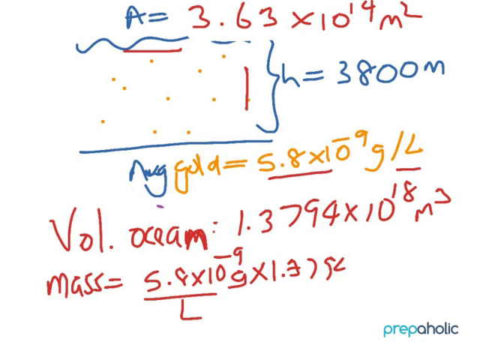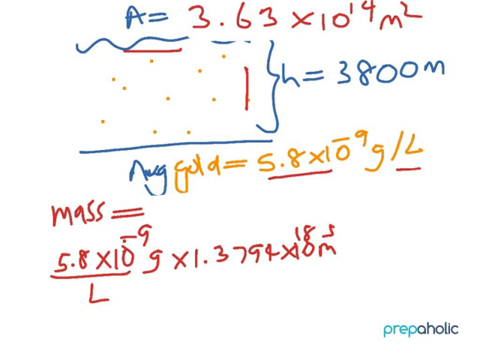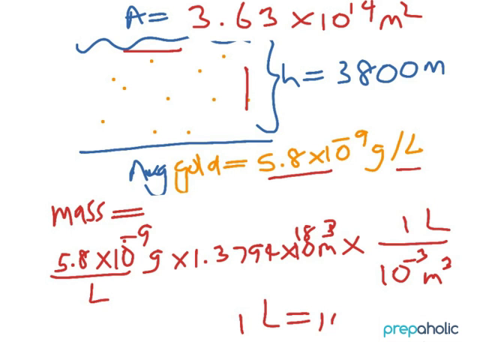1.379, that's a 9, 4 into 10 to the power 18 cubic meters. Actually, let me rewrite this. Okay, now I just rewrote this, and then we know that 10 to the power minus 3 cubic meters is equal to 1 liter. So what I just wrote, 1 liter is equal to 10 to the power minus 3 cubic meters. Because of this, the liters get cancelled off, the cubic meters get cancelled off, and